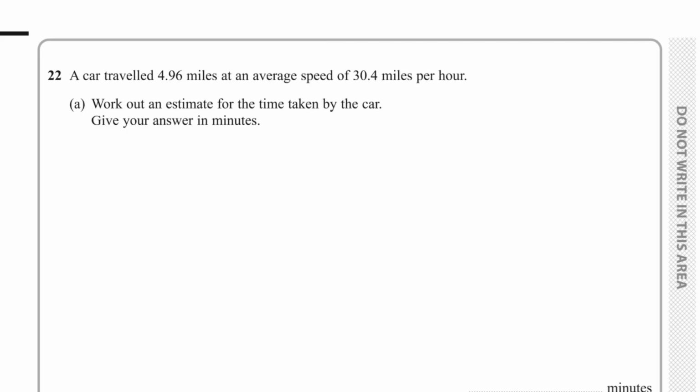Question number 22. A car travelled 4.96 miles at an average speed of 30.4 miles per hour. We have to work out an estimate for the time taken by the car. Give your answer in minutes. So the approximate distance is 5 miles. The average speed is approximately 30 miles per hour. So the average time,